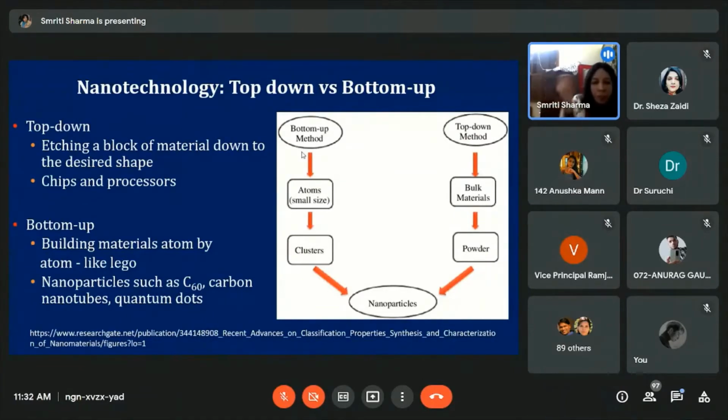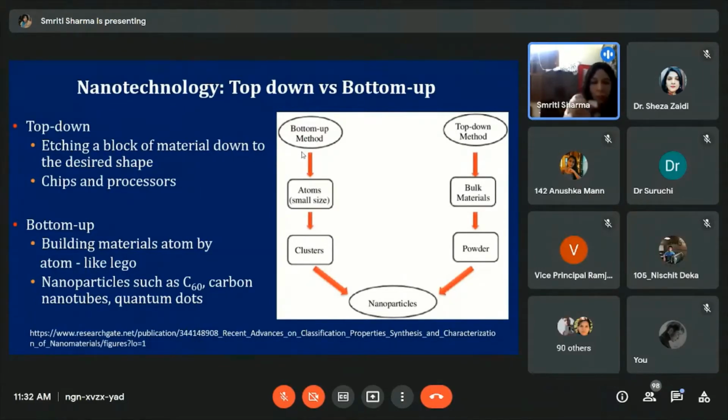So it will etch down all the material that is not required, and then the statue would emerge. This is known as top down approach, right? So it is being used to make chips and processors. But now the bottom up approach is gaining currency. This is like building materials atom by atom, from